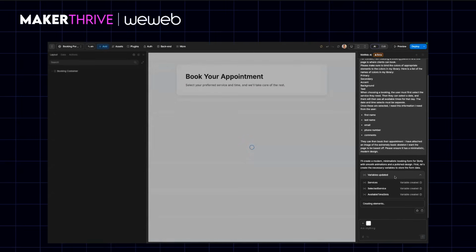So as we see in real time, it generates the elements, which is quite cool, gives that visual feedback. And then as we see, it will start to mirror the wireframes that I gave. So we have our form. It will first have that service select, then the date select, and then the time select. And then after this, we should see the information about the client, which they will then use to input their